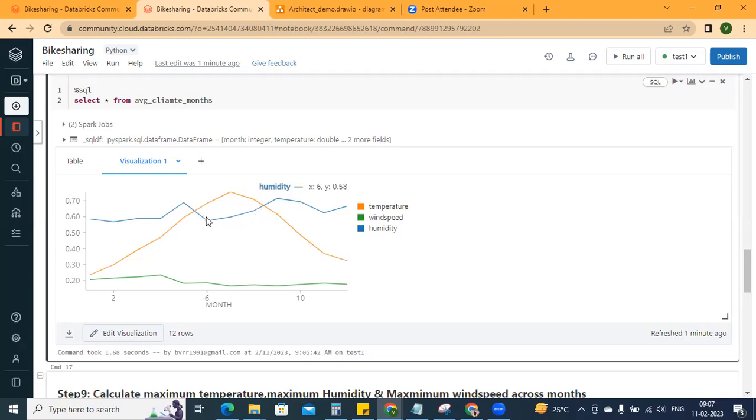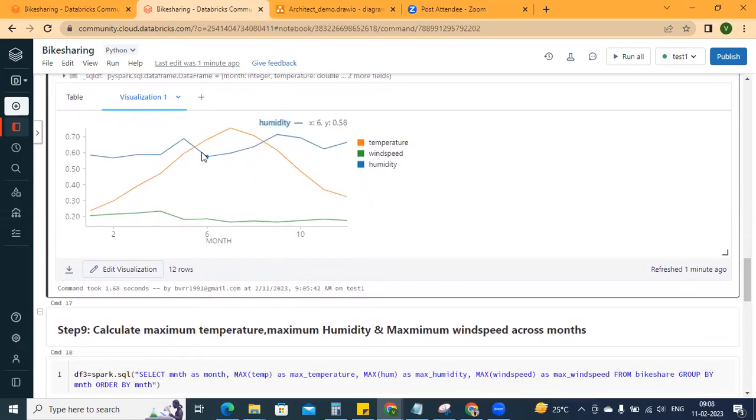So in this way, you can understand, right? How much humidity is there also, you can see it. You can see maximum humidity in this timeline around the 9th month, right? Because the x-axis is 9, right? In the 10th month, you have a lot of humidity, and there is a decrease in humidity in the 11th month. Okay. In this way, you can also understand which month you have high temperatures and which month you have low temperatures. You can take out your bike according to that. This is an average temperature and average humidity and average wind speed.